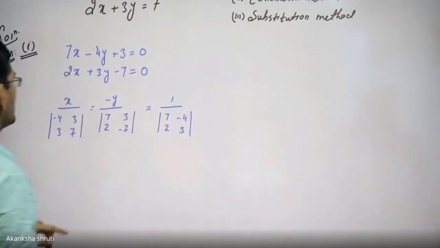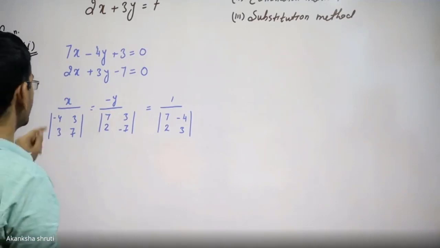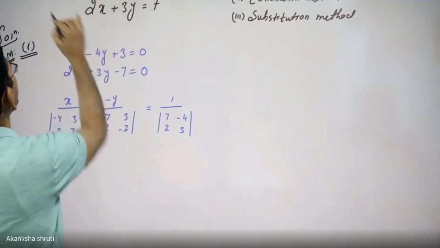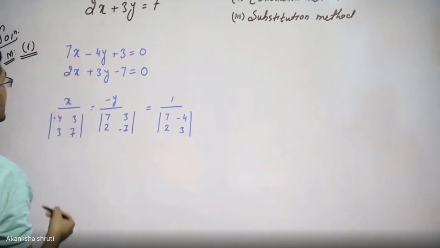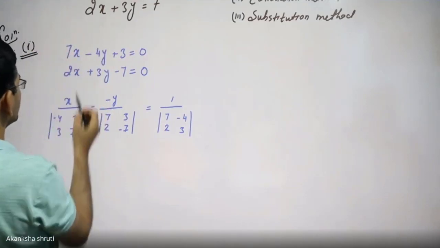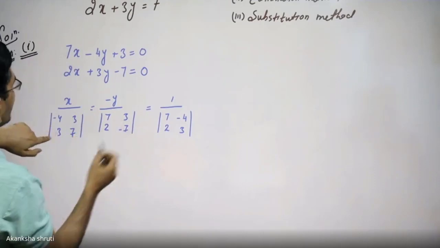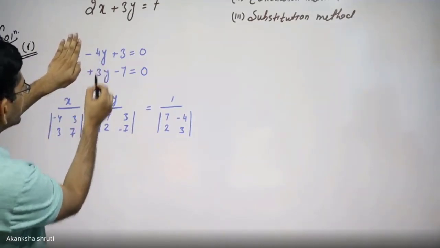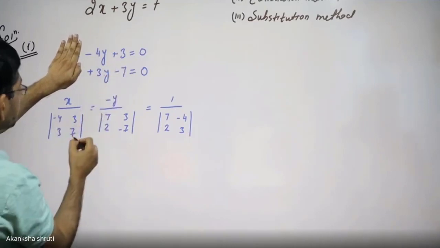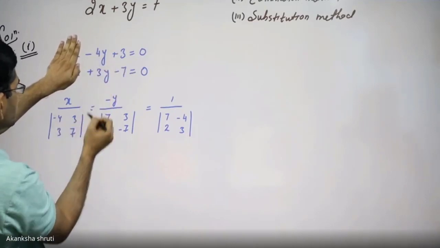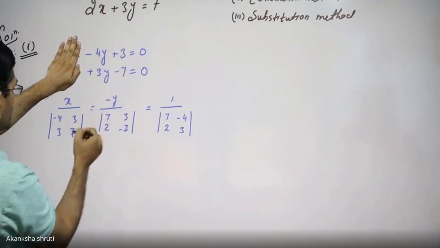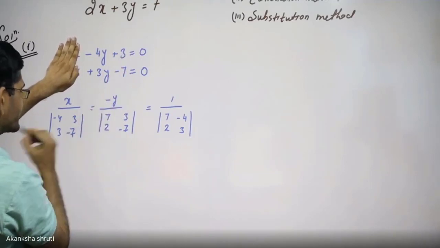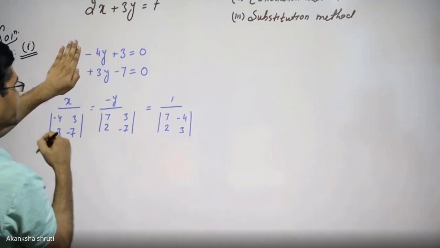Signs are very important. Do not forget the signs of these coefficients. If it is missed, you will get the wrong answer. Here we have obtained it just as I have written in one line. For x, hide this x, write these coefficients in the same order below it: minus 4, plus 3 and 7, 3 and minus 7. Keep in mind this was minus, but we have missed this. So be careful.